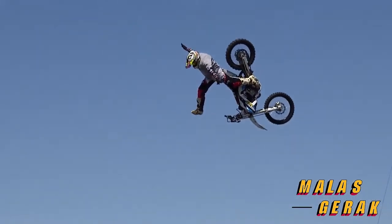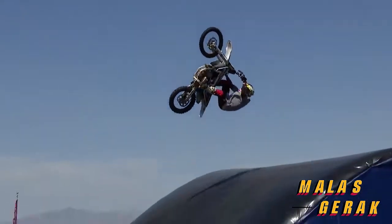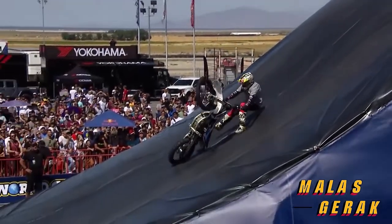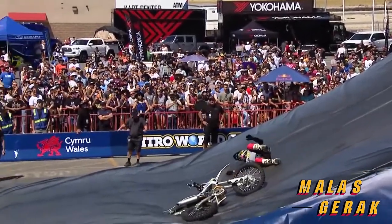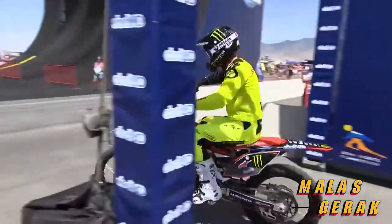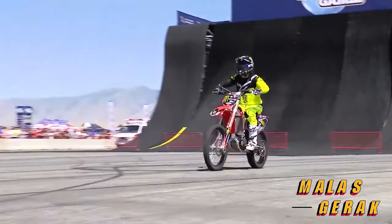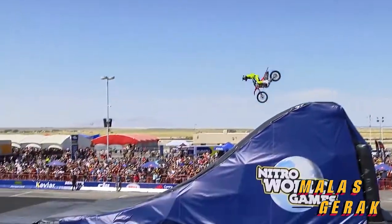Look at this. Oh, that is cool. That's good style, right? You're holding on to a 250-pound bike, and you're not even holding on to it. It's resting against the underside of your left boot. Yeah, so your two big toes on your left foot are holding 250 pounds of a motorcycle. Monstrosity of a human being, works out all the time, takes great care of himself, so when he bounces off the ground and gets in these crazy situations, he walks away from it unscathed. He was one of the first guys I ever saw do a double backflip and bounce and get up like it was nothing. And speaking of double backflips...